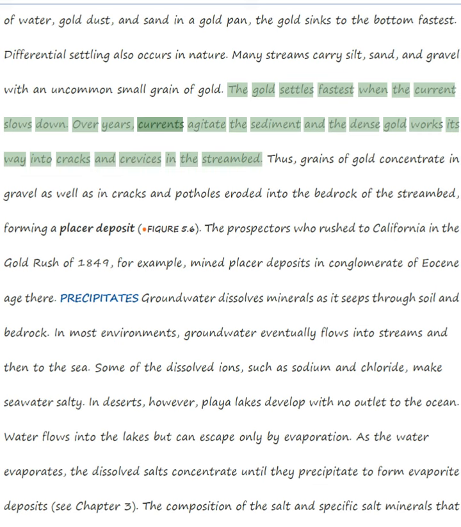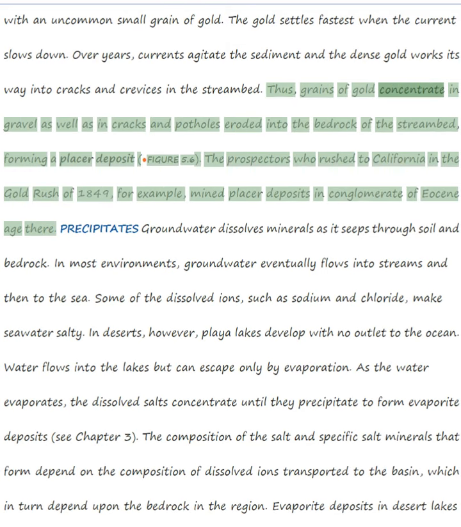Over years, currents agitate the sediment and the dense gold works its way into cracks and crevices in the streambed. Thus, grains of gold concentrate in gravel as well as in cracks and potholes eroded into the bedrock of the streambed, forming a placer deposit. The prospectors who rushed to California in the gold rush of 1849, for example, mined placer deposits in conglomerate of